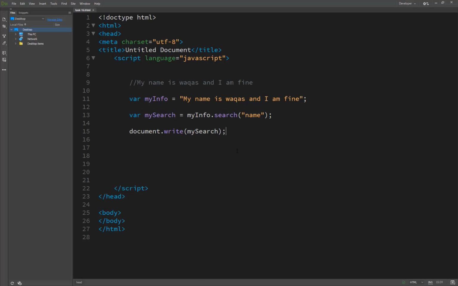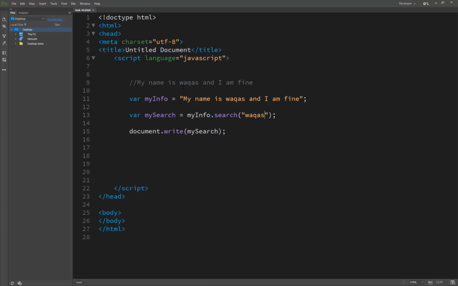Now it's on the position of 3, and if I search for Vakas, let's suppose, you get the result 11, the 11th position. Now you are very much confused how it works: if name is at 3, how is it possible that Vakas is at position 11?